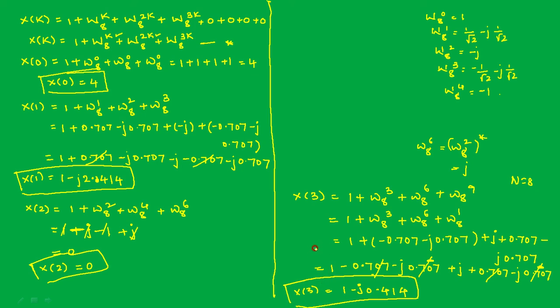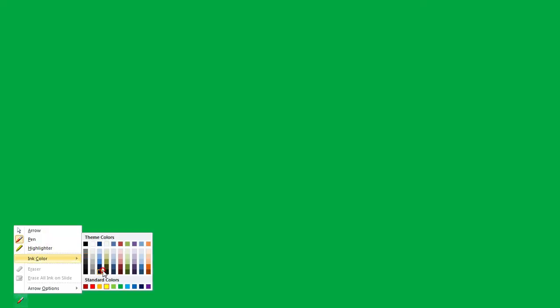And next we will calculate it for what? W8 raised to, sorry, x of 4. So for x of 4 we have to substitute k is equal to 4 in the above expression, and you will get x of 4. So x of 4 is equal to